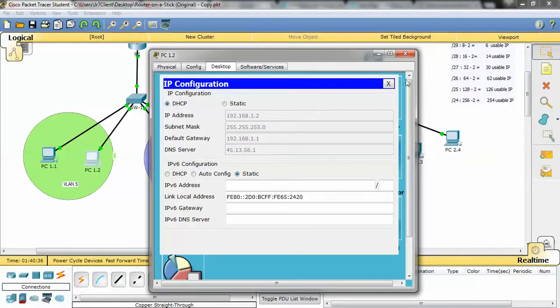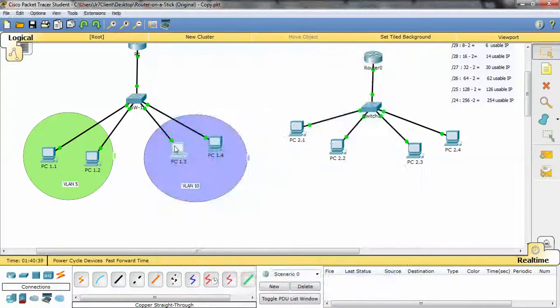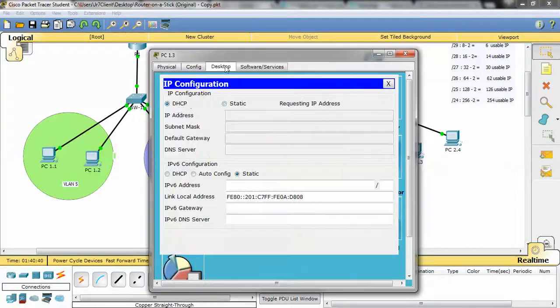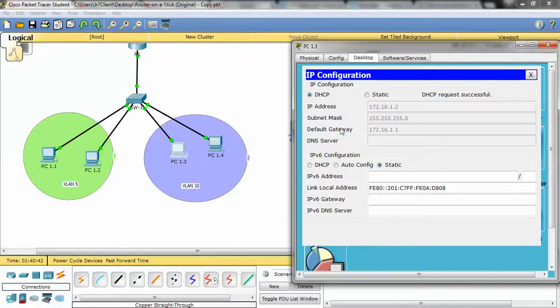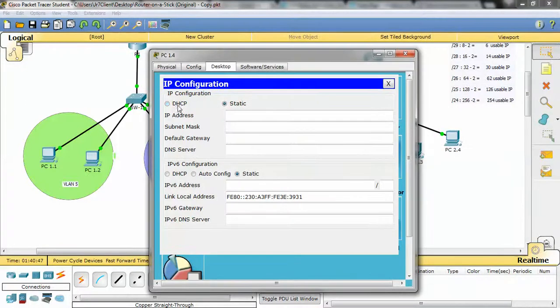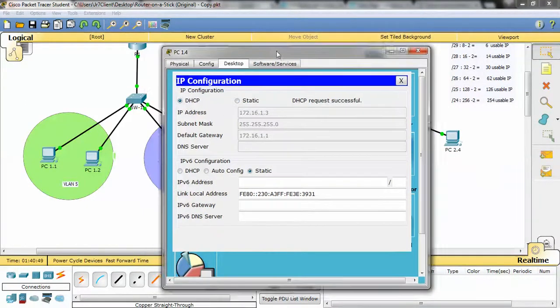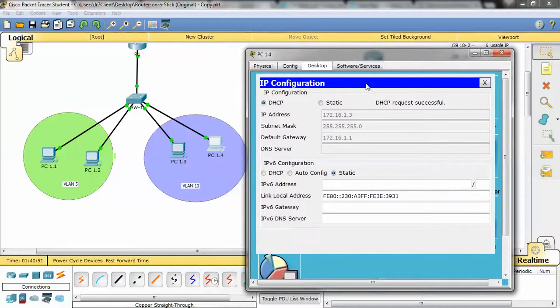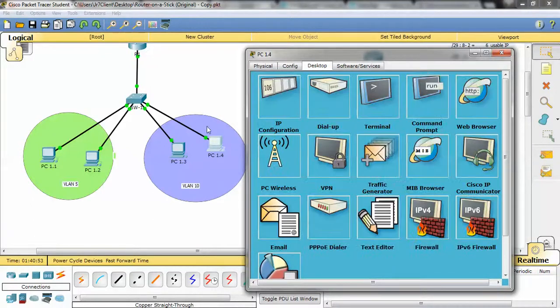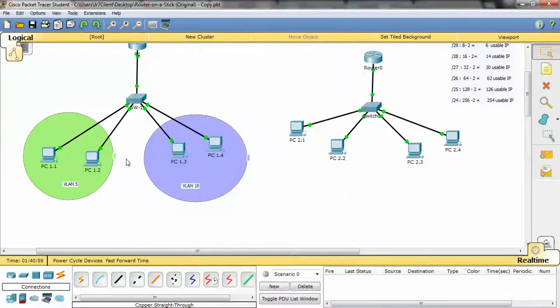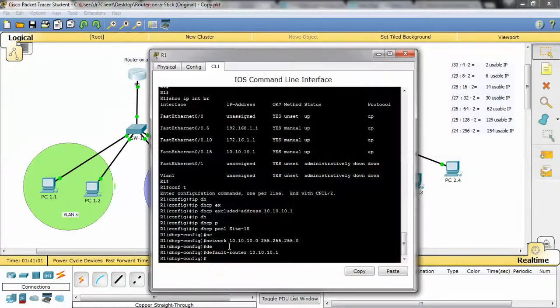We already pulled VLANs here already. I will go to the other, VLAN 10 now, and we see we are pulling from the 172.16.1.0 network. And with this, it creates that ease, so you don't have to do all those static IP addresses. You realize it didn't pull also from the